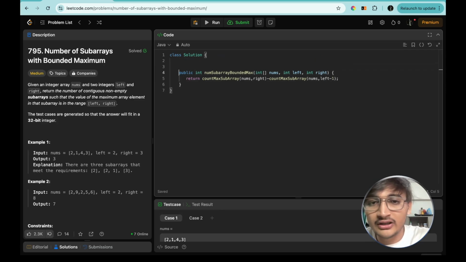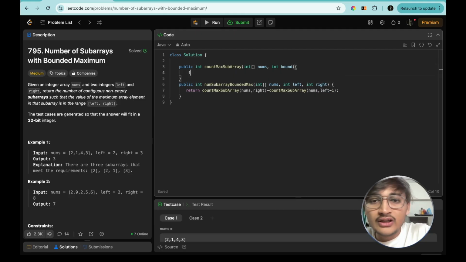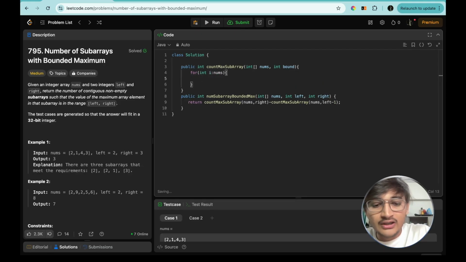Now we can define this method here, that is going to be public and int. Let's copy paste it from here. So count maximum subarray, and then we are getting this nums and then bound. So copy paste, and then here we can name it as bound. Now what we can do, we can start traversing the array that we are getting, for int i in nums. Now we will check if this value that we have got is less than or equal to bound, then what we have to do,